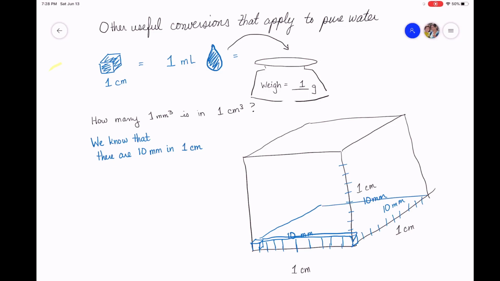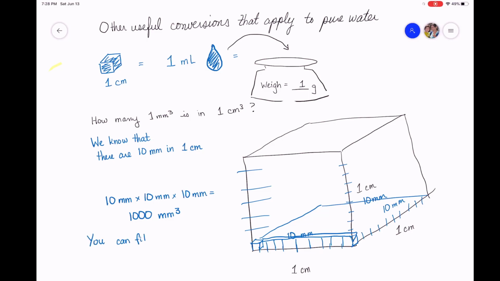And you can kind of see my poor drawing here where I'm trying to draw out the fact that there is a row of 10 1 millimeter cubes. And then you could imagine it going backwards to a sheet to make 100 of them, and then going up into the cube to make 1,000. So if 1 centimeter cubed equals 10 millimeters times 10 millimeters times 10 millimeters, that's 1,000 millimeter cubes,